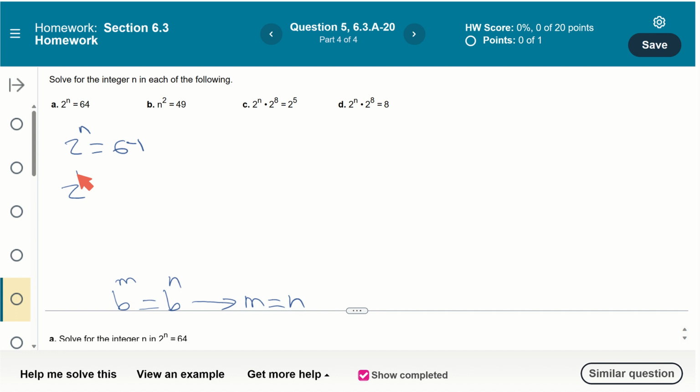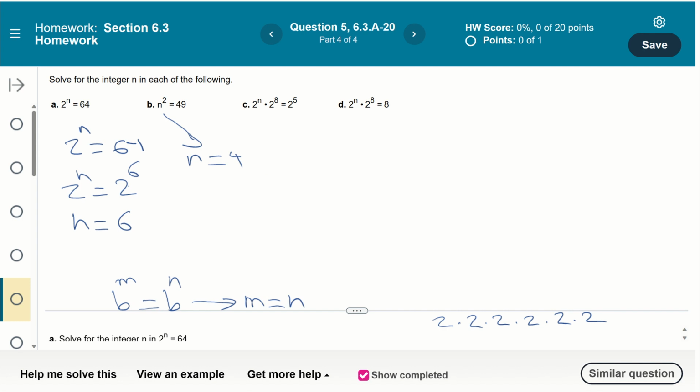So we have 2 to the n on this side. I know I can write 64 as a power of 2. The question is what power, right? Notice 2 times 2 is 4, times 2 is 8, times 2 is 16, times 2 is 32. Another 2 gives me 64. So it's 2 to the power of 1, 2, 3, 4, 5, 6. 6, right? So what should n be? Obviously 6, okay? Now, be careful with the next one, because